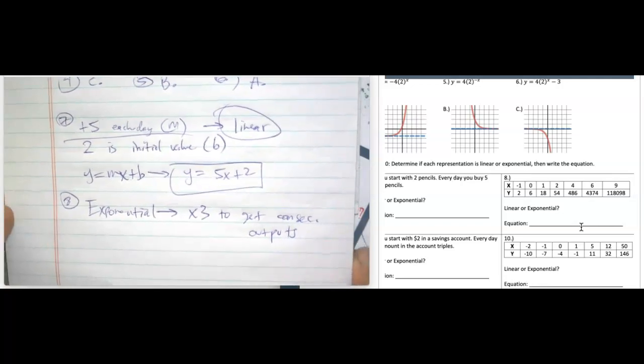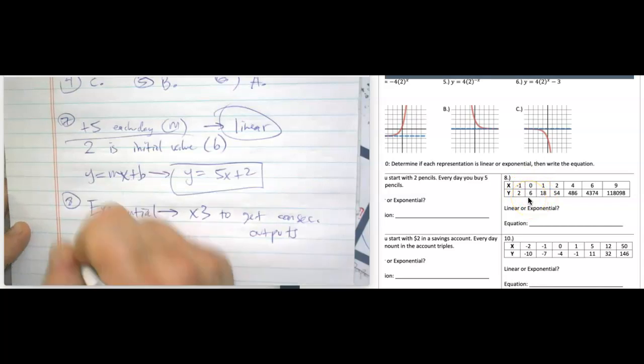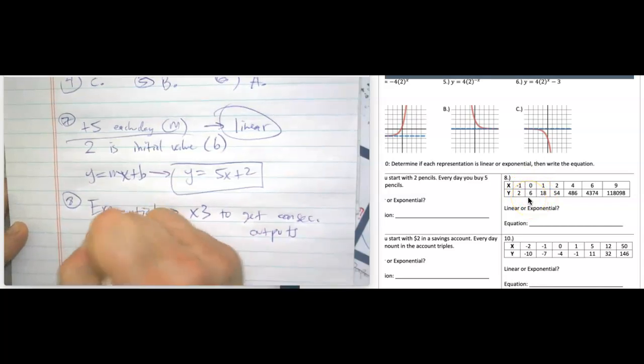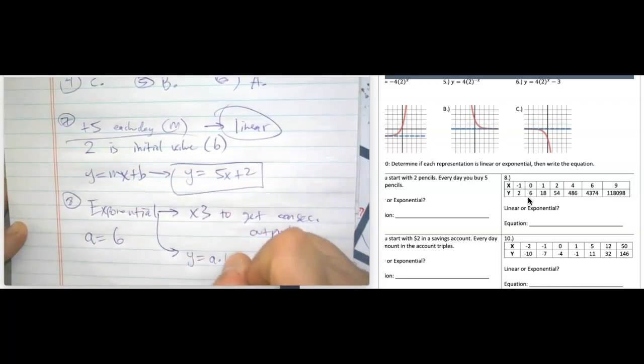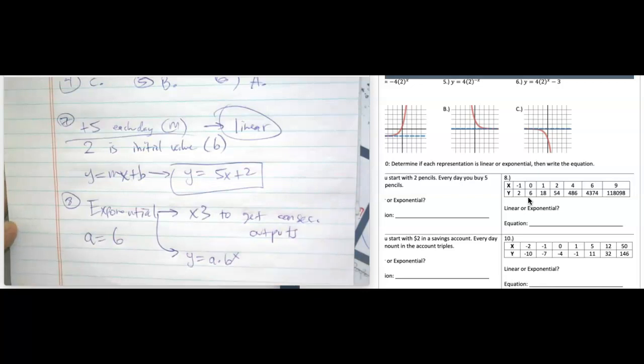And remember the initial value is where x is 0, the initial value is 6, so a is 6. And again, guys, once I know it's exponential, I also know it's this equation, y equals a times b to the x power, where a is the initial value and b is the constant multiplier, the multiplicative rate of change. So a is 6, b is 3, so the equation for this one is y equals 6 times 3